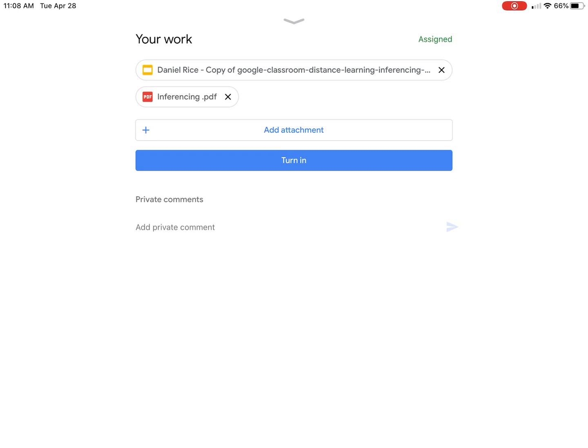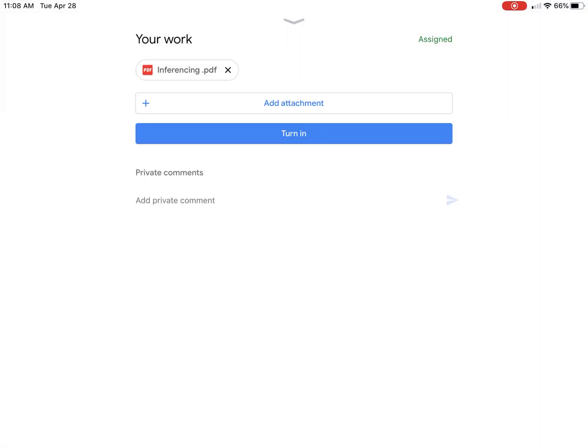So it depends on how your teacher sets up the assignment. Some teachers put the blank one in your work. Some put it in the actual instructions. So it's going to depend. But I'm going to take the yellow where it says copy of Google Classroom distance learning. I'm going to X that out and get rid of it, remove it, because all I really want to turn in is the student's work, which is the PDF. All right, I'm going to press turn in,